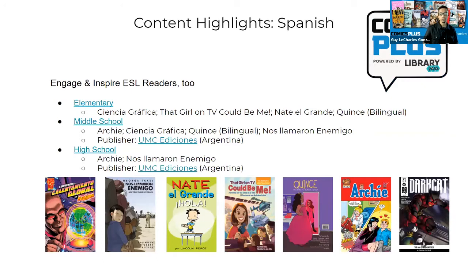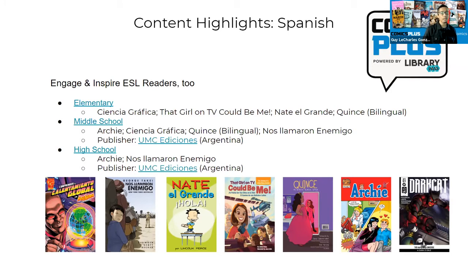Yeah. So those of you with either Spanish-speaking populations or ESL students, we don't have a huge Spanish collection, but we do have some. And what we've identified in this slide is in each collection, the key titles that are available. So at the elementary level, I had mentioned the Max Axiom series. Ciencia Gráfica is Capstone's. It's not the entire Max Axiom, but I want to say there's at least about 10 of them where they've translated those titles into Spanish. So that is a great